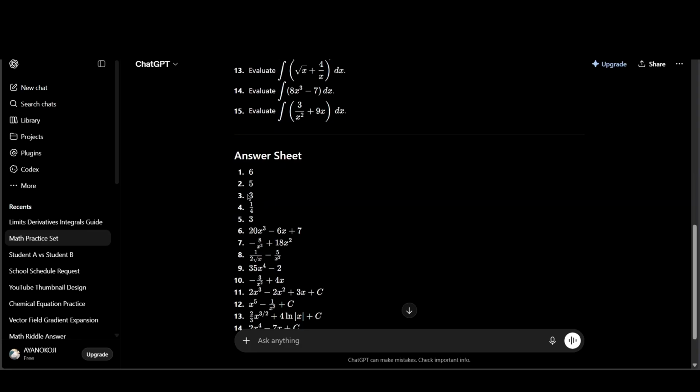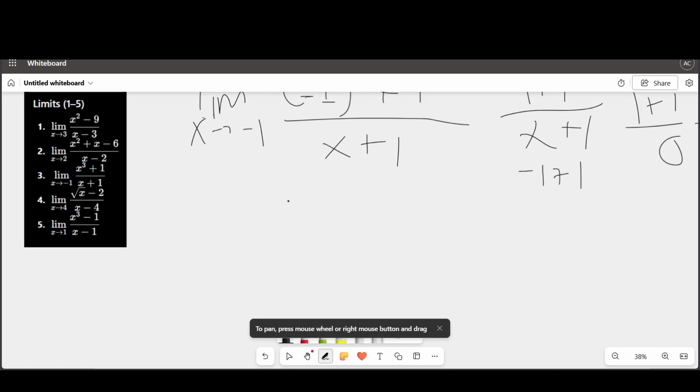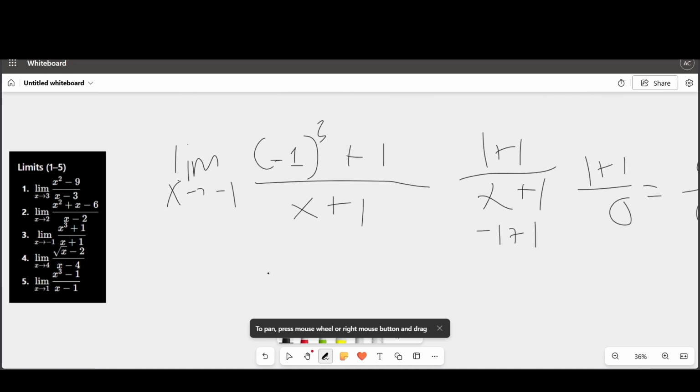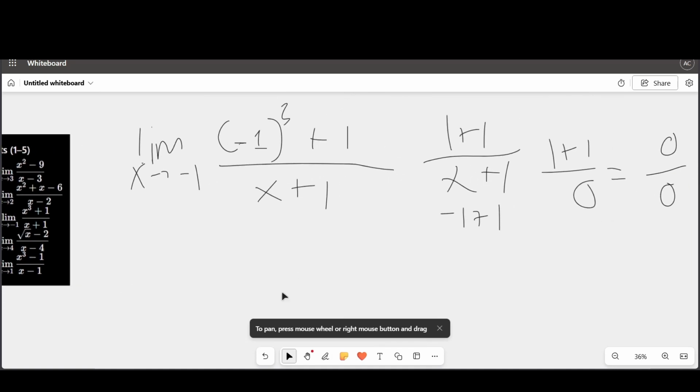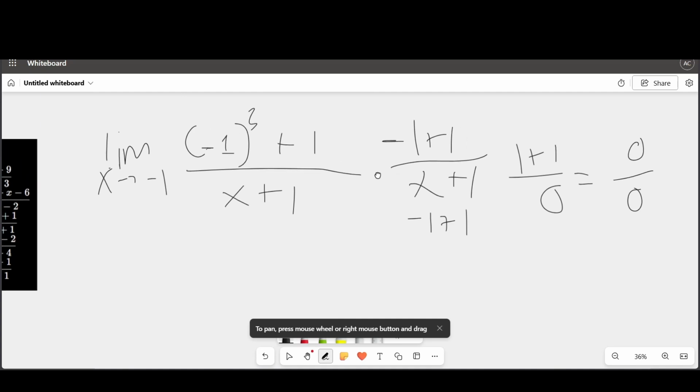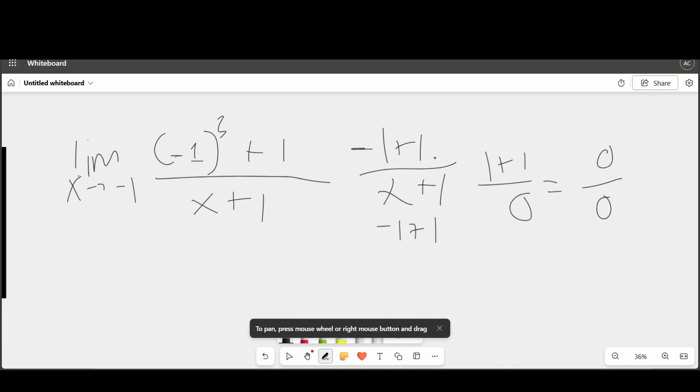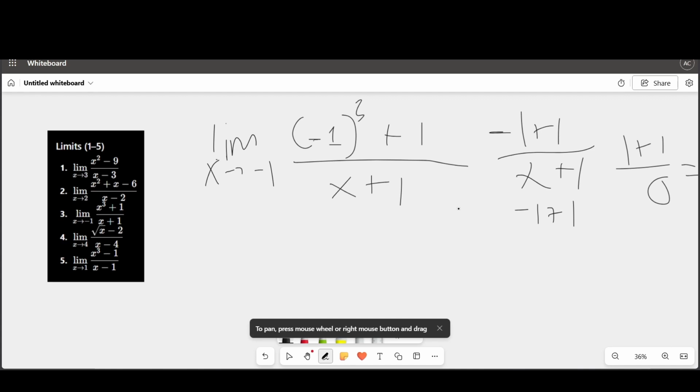Okay, so the third question is going to be 3. What? How is it 3? Let me just do this again. We have negative 1, and negative 1 plus 1 is going to be 0. Yeah, negative 1 plus 1 is going to be 0 again. Try to find the